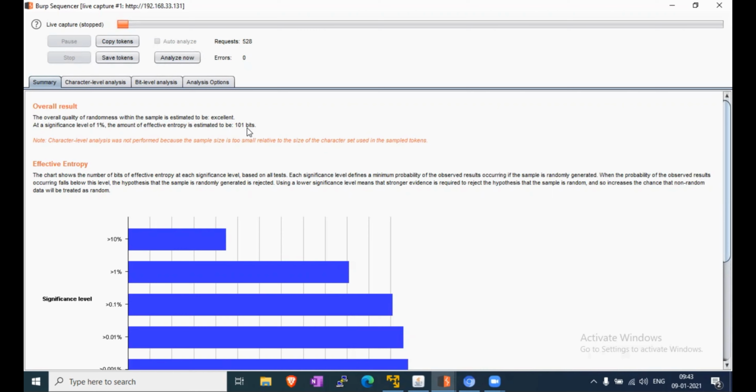So in this video, we have learned about session token strength using a sequencer. Session tokens are used to track user activity from page to page within an application, and the developer creates and assigns a unique session token value to each user.